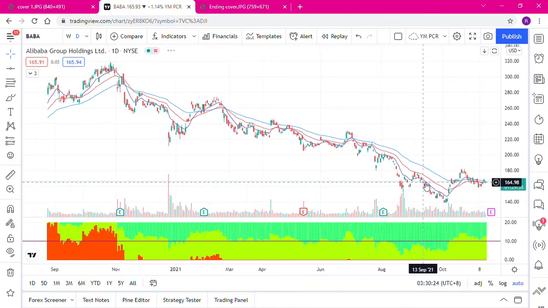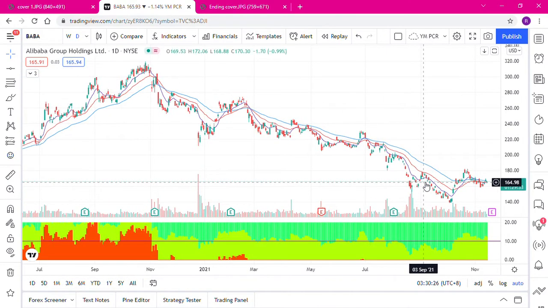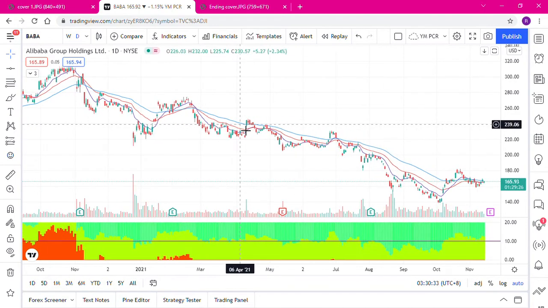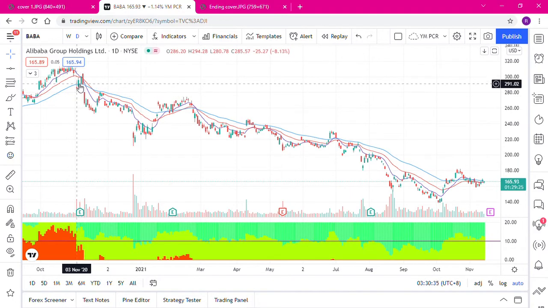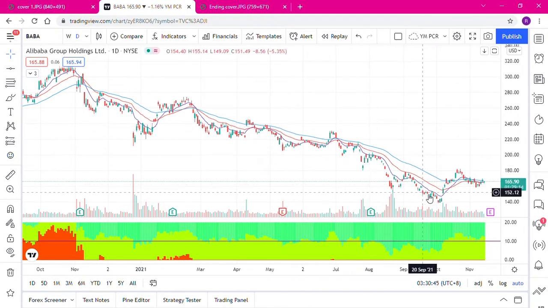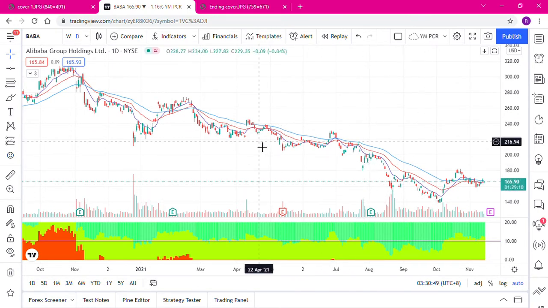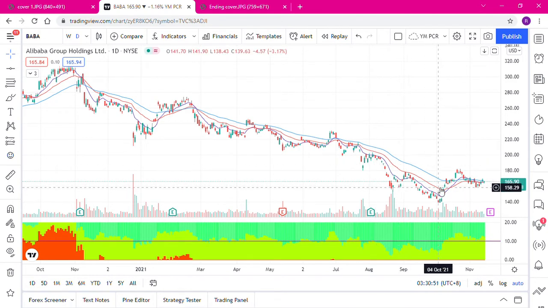Alright, as you can see, wow, it's not a nice chart. It looks terrible. Alright, it's very, very terrible. As you can see, a very long downtrend began since November of last year, which is 2020, all the way from the price of $290 all the way down to the lowest of $138, a big downtrend, as you can see. But now we have seen